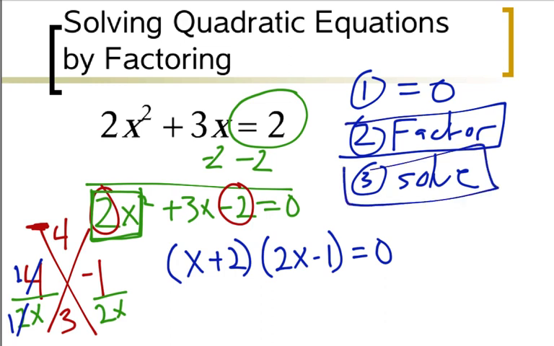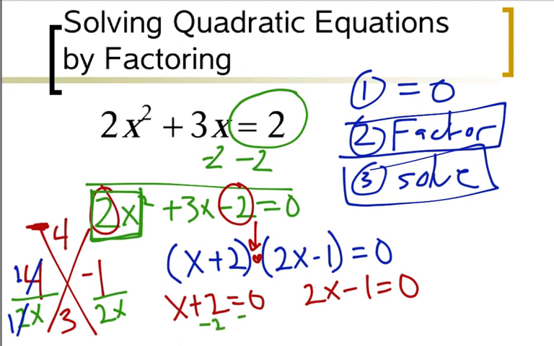Okay? So I solve by setting each one of these equal to 0, which means break it up at the multiplication in the middle. So I get x plus 2 equals 0, and I get 2x minus 1 equals 0. And then you solve for x in each one of those equations. So in the first one I would subtract 2 from both sides and get x equals negative 2 as one of my solutions. In the second equation, I add the 1,